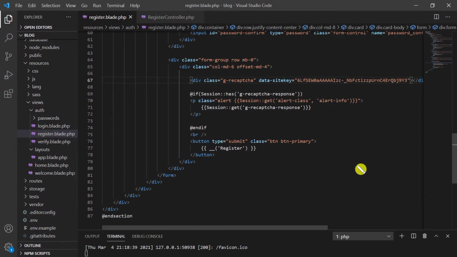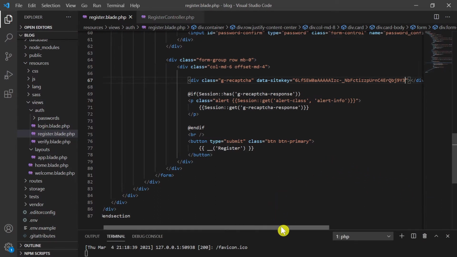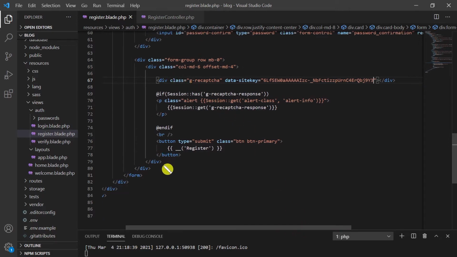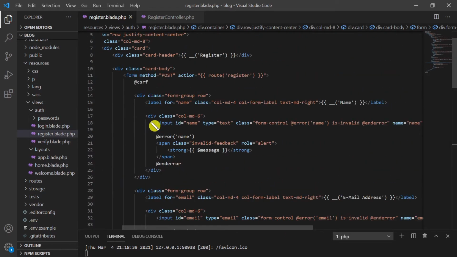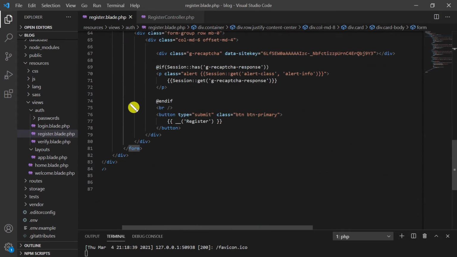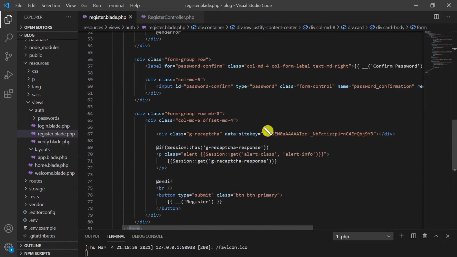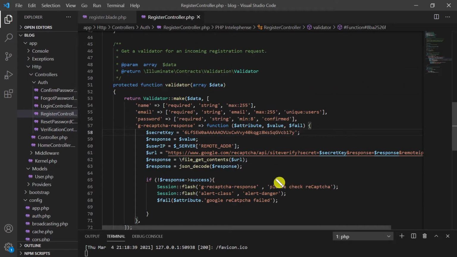We have our project here. For example, in this form, if you can see, this form starts from here to here, but in the form I needed to use the Google reCAPTCHA site key here, and this is really not a good practice to have your keys here. And also here in the registration controller I have the secret key here